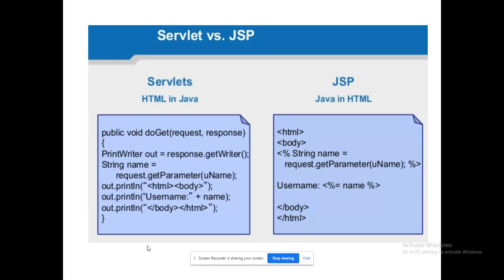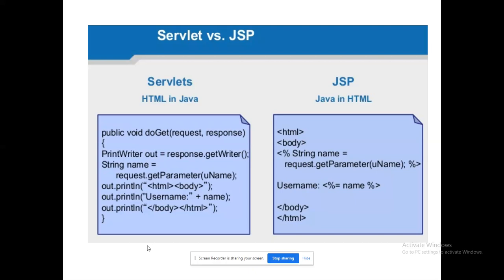What is the difference between servlets and JSP? I think this simple code will demonstrate it, right? In servlets, within Java, you will write HTML code. doGet is nothing but our HTTP servlet. A generic servlet means I will have a service method; doGet and doPost talk about my HTTP servlet. So in servlets, HTML code will be written inside the Java code.